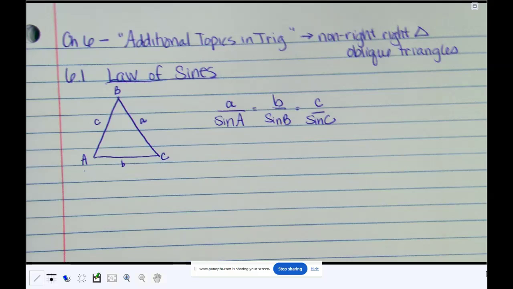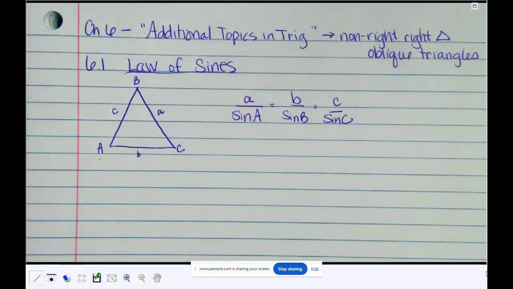Okay, so this is weird. The law of sines is weird because what the heck is up with two equal signs? All this is saying is that to solve this, you need two of those fractions, but it can be any two. So you could have information about A and B. You could have information about A and C. You could have information about B and C. It doesn't matter. You've got to have two. So the law of sines works like this.